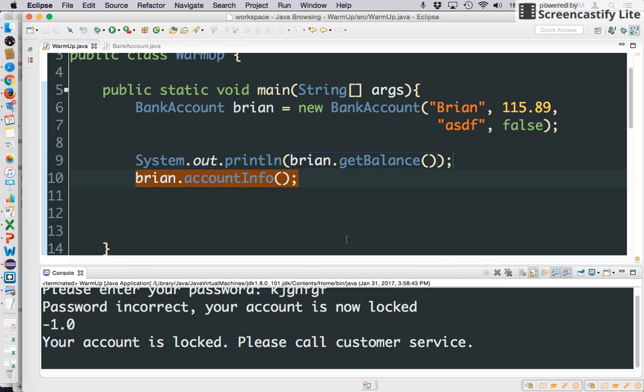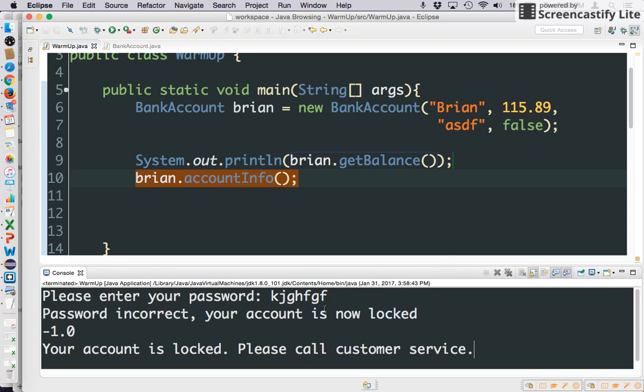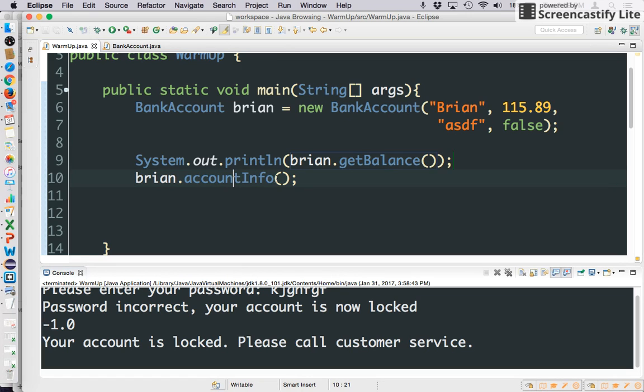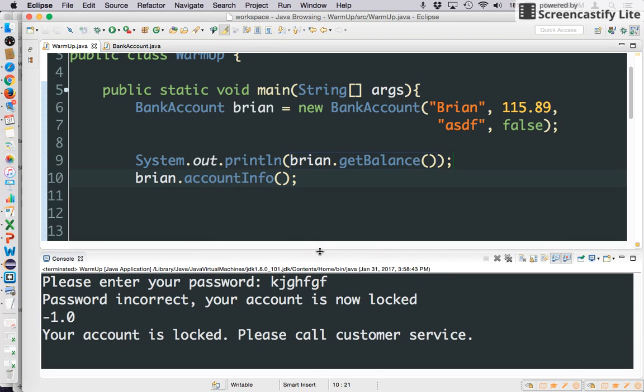So basically, once the account gets locked because of an incorrect password, you can't see the account info. You can't get the balance anymore. Basically, you're screwed and you have to go talk to a robot on the phone to figure it out. So see if you can figure out how to implement that and kind of protect this information inside the bank